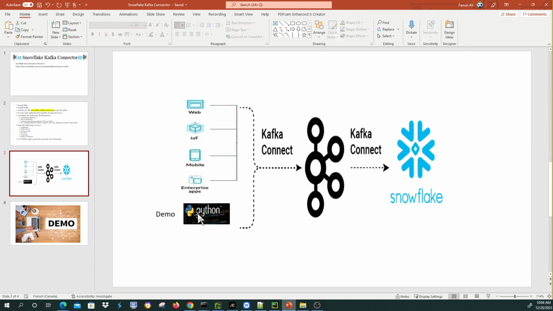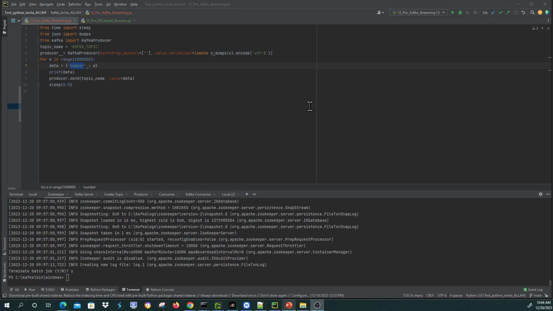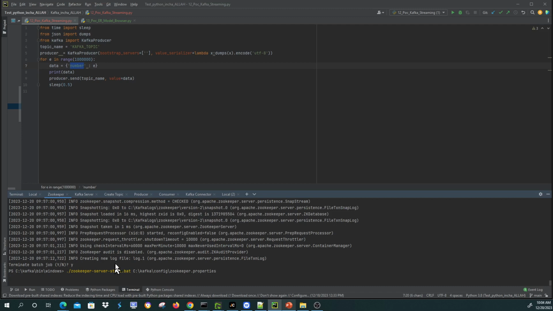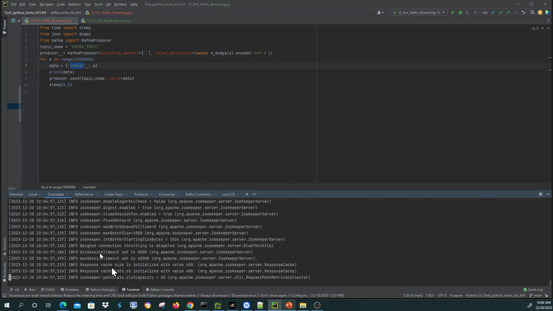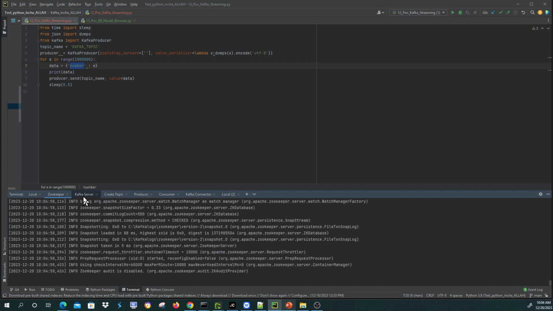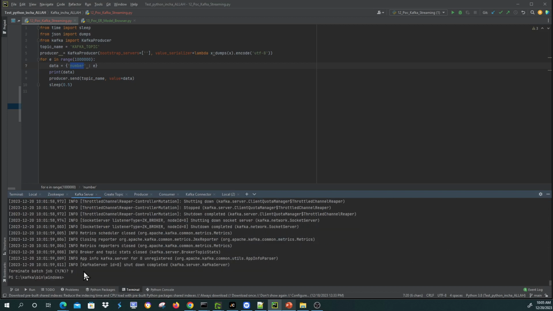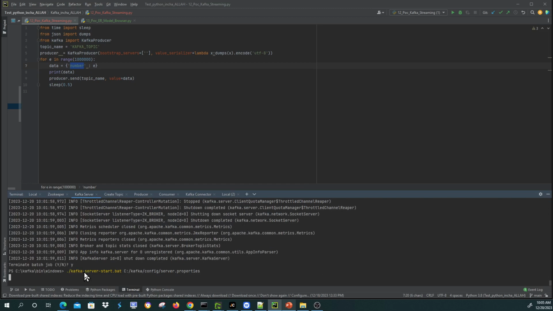This is my Python app. It is a very simple app to generate some data to be streamed. So we should start by running this process. So Zookeeper process, then Kafka server,